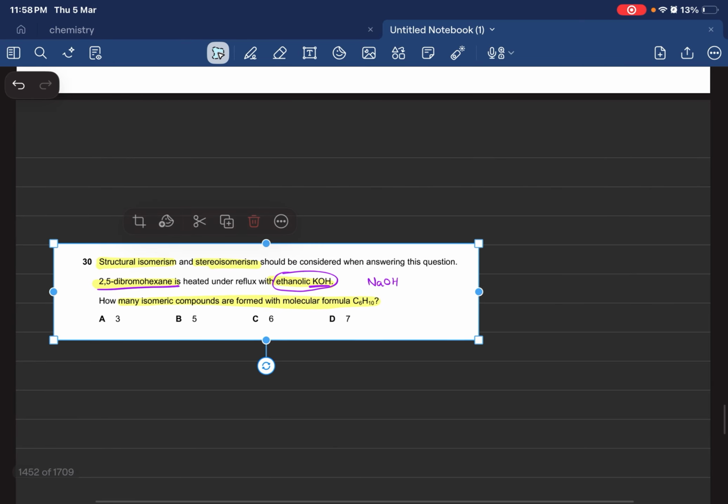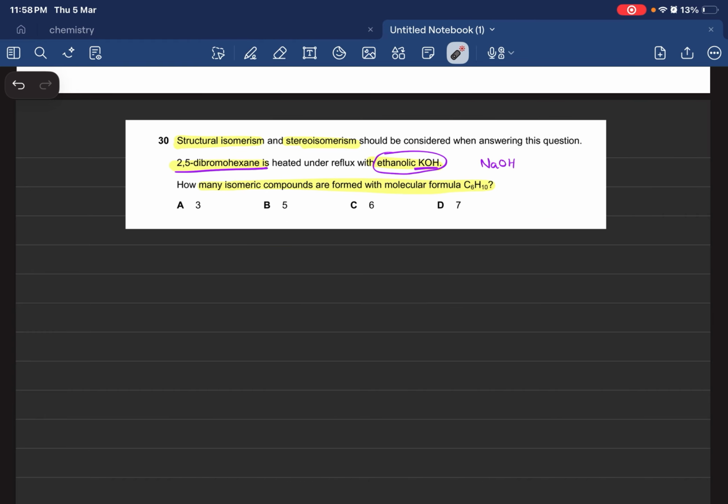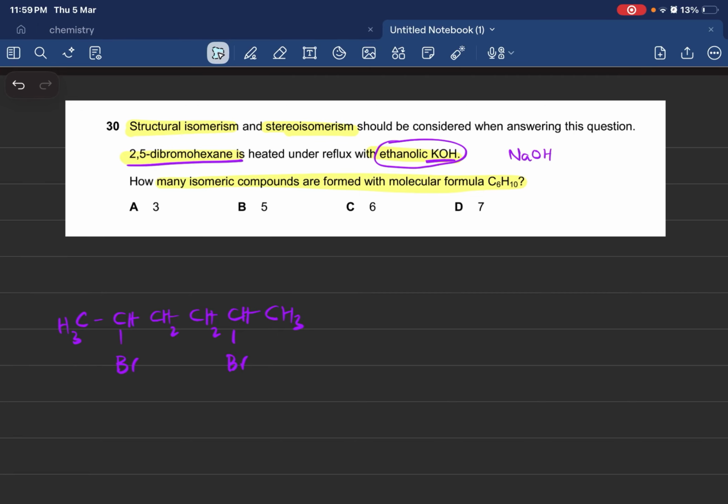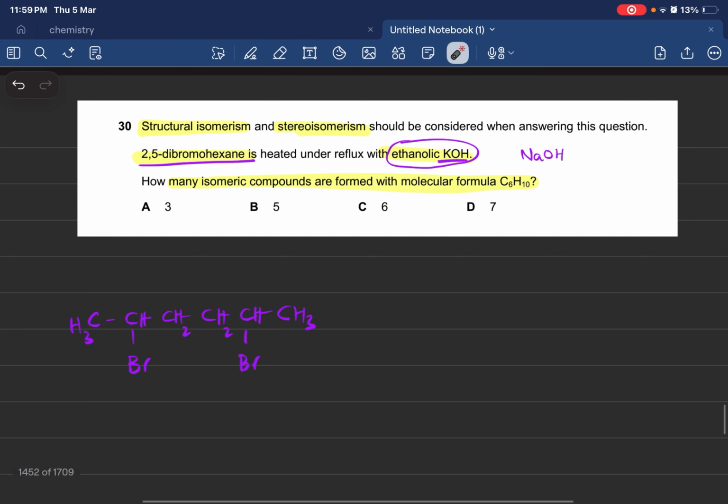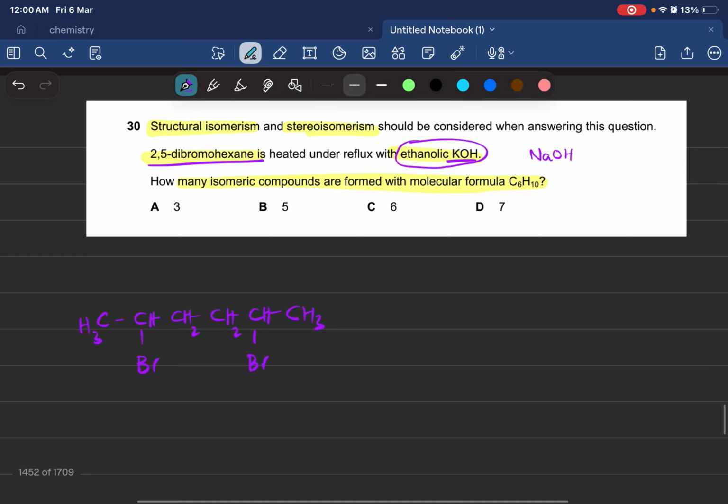So let's work. I have to start making isomers. So this is my structure basically. Now I have to start taking out things from it, like the bromines. The first structure that I'm thinking of is that elimination is going to happen on both bromines, this bromine as well as this bromine. Just don't think about it as, let's remove the bromine from this place and leave the other one here. That's not possible. So now what I'm thinking of is that first we remove H from here,